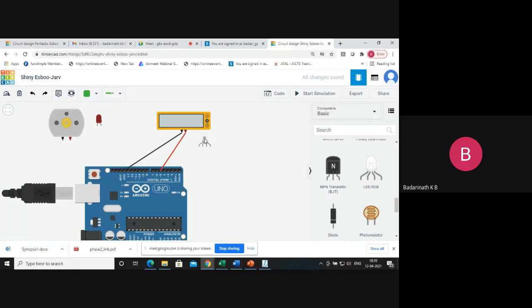So what are the combinations possible? 8 into 8 into 8. That means you can change the red intensity 0 to 255, the blue intensity 0 to 255, the green intensity 0 to 255. That means you can get millions of colors, correct? Thousands of colors by using the RGB. So this is a 24-bit pixel format you can use.